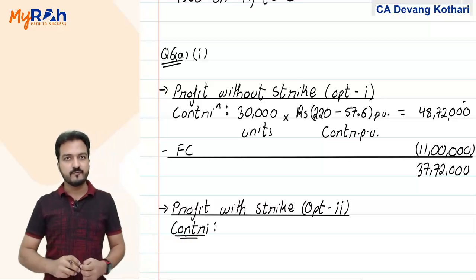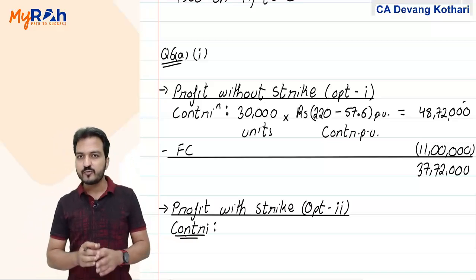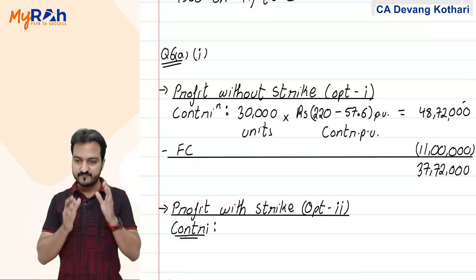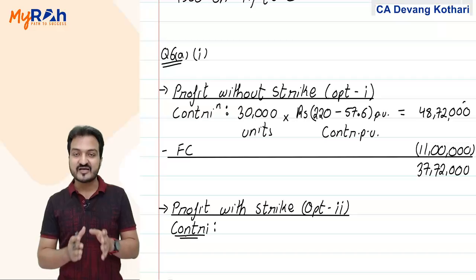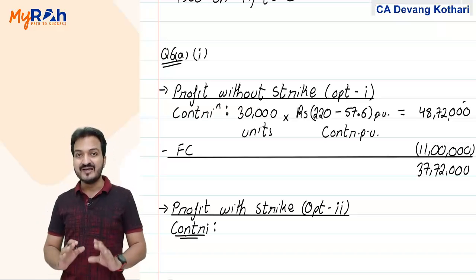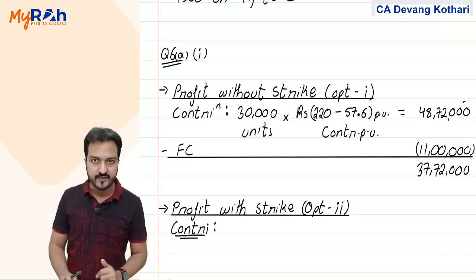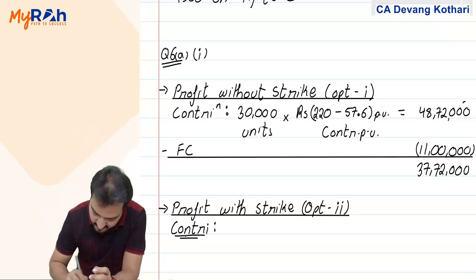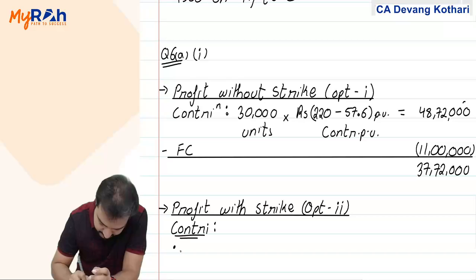Again, for that, contribution first. Now I will split my contribution into 2 parts, because there are some units that I sold during the strike period and remaining units I sold in the non-strike period. Let's see. So for the non-strike period,